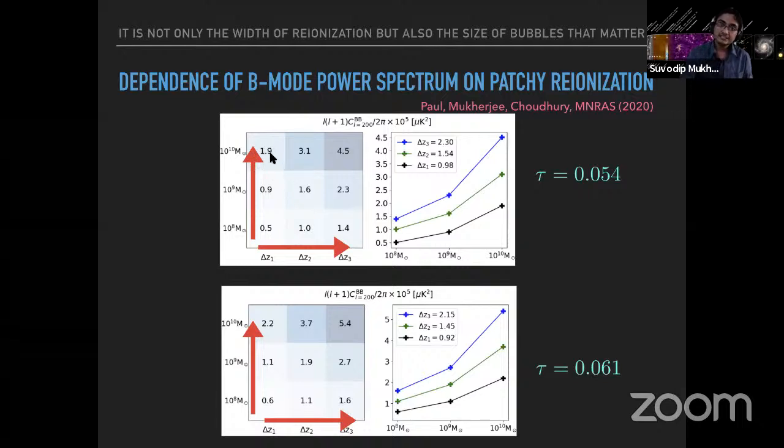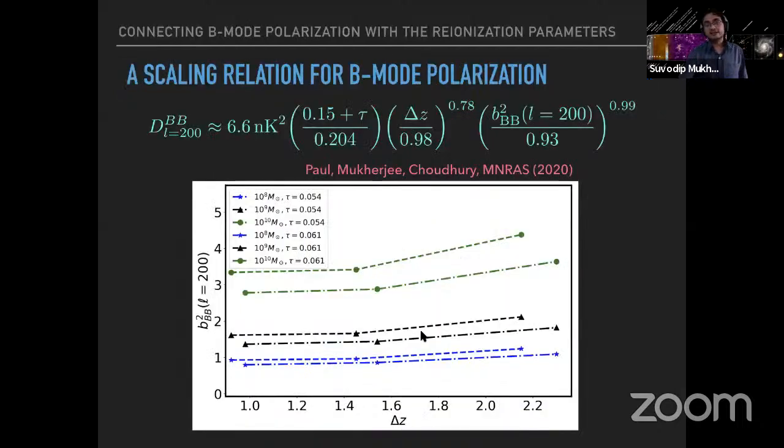signal. This means the combination of both these sectors, how big are the halos which are driving the reionization, and what is the typical width of reionization, is going to regulate your power or the amount of fluctuation which is present in the C_l^BB power spectrum. The story is very similar. If you change tau, the overall conclusion doesn't change. So let's again get to a new scaling relation which you can use for parameter estimation from the upcoming CMB experiments.